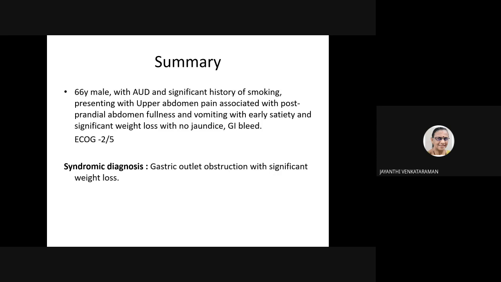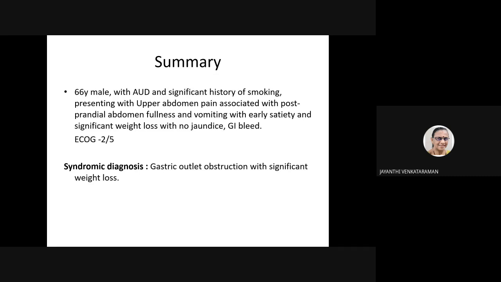Would you consider, with this background history of alcohol, anorexia and weight loss, a possible pathology in the liver that is presenting like this? We have seen patients where tumors of the liver have invaded adjacent along the lesser curve, and you find that the tumor has actually grown into the stomach by infiltration. It's a dull continuous pain. Okay, yes, and there is vomiting. So these are all rare situations, but with the differentials of this,